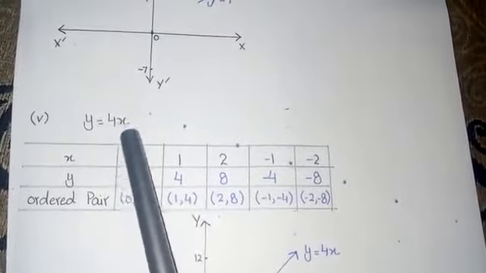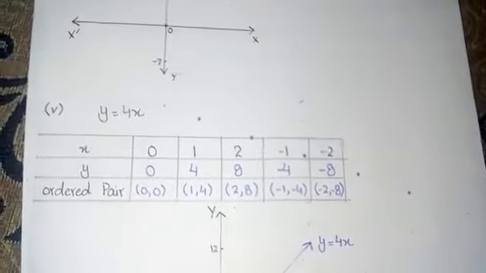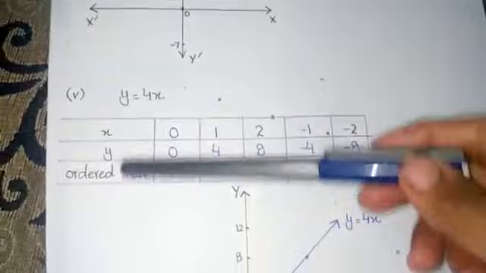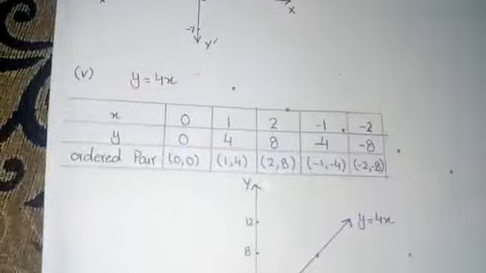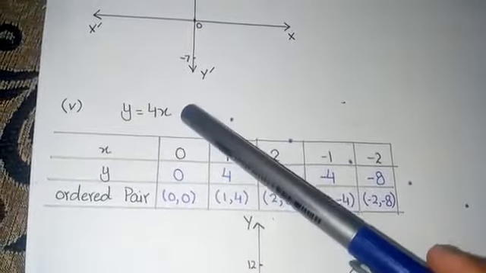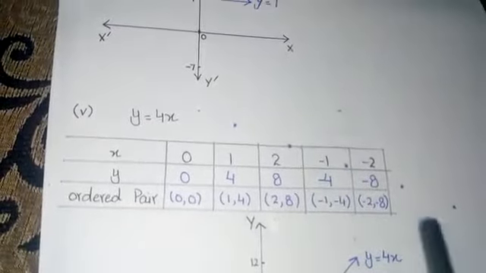Clear? This is a simple graph. Now the second question we will do today is y = 4x. Now this graph is of double variables, y and x. Let's see the solution. Here we have y = 4x. I already told you in my previous videos that whenever there are two variables, you have to draw a table. You can draw the table column wise or horizontally like this.